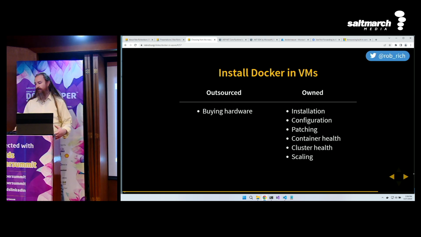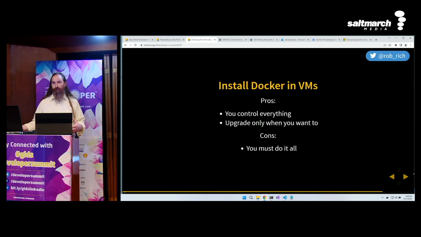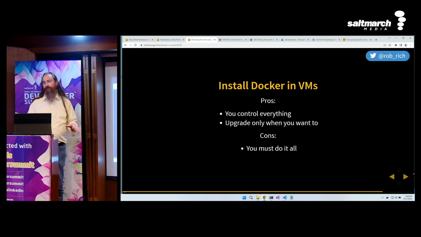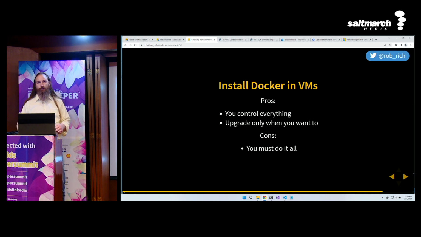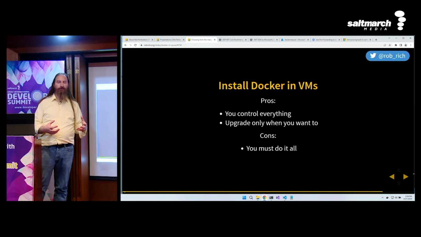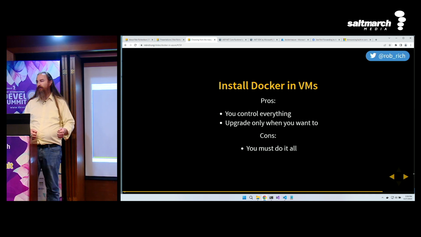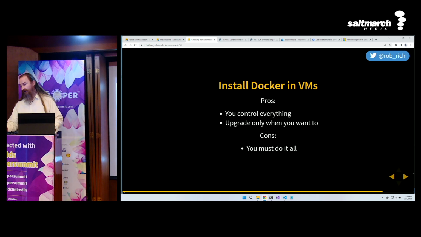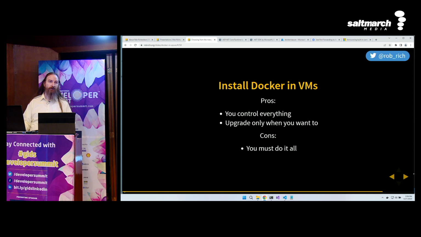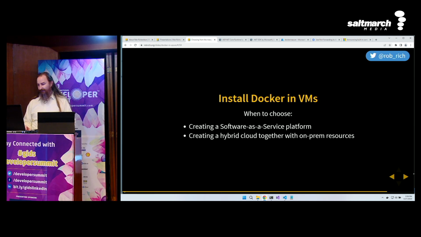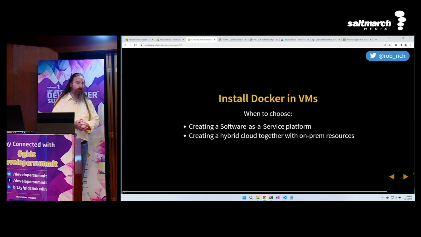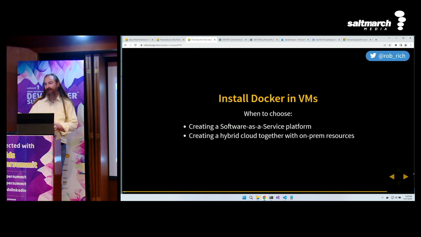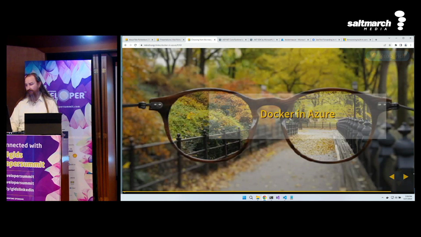If I have a managed service that crosses boundaries between clouds, and I want to ensure that the exact same version of Kubernetes runs on all of the clouds, it may be more effective for me to just get a bunch of VMs, pull them together into an internal network, and install my version of Kubernetes there, rather than relying on AKS or something like that to do it for me. So yes, I must do it all, but it gives me that platform stability because I did it all. So I would do this if I'm creating a cross-cloud service, but other than that, managing Kubernetes is hard, and I would really rather outsource that to others.